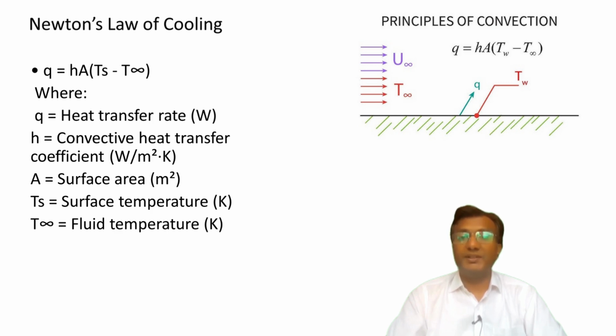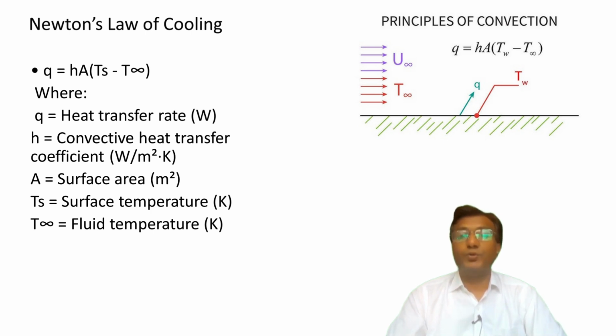Here, Q is in watts, h is in watts per square meter Kelvin, and A is in square meters. The convection heat transfer coefficient h depends on factors like fluid properties, flow type, and surface geometry, making it a critical parameter. For example,